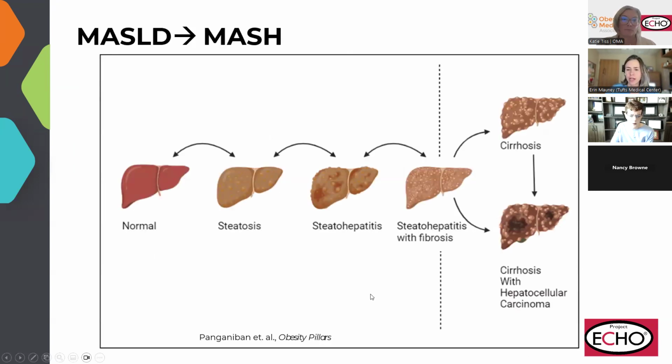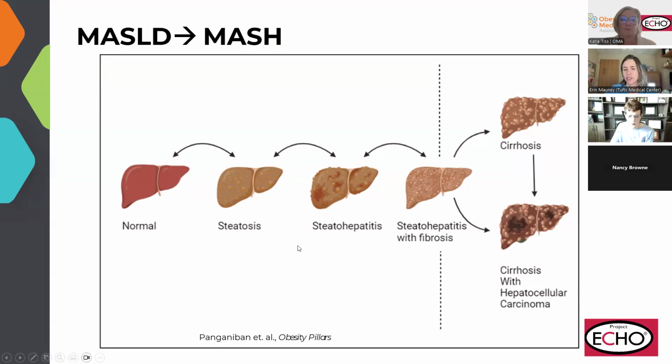This goes into a little bit more of the natural history of MASLD and how it can over time become MASH. So MASLD, again, metabolic associated steatotic liver disease, and MASH is metabolic associated steatohepatitis. So normal healthy liver here on the left, when you accumulate more than 5% of hepatocytes on a liver biopsy with lipid droplets in them, that would be termed steatosis. Of course, most patients don't get a liver biopsy to have this definition. So we have cutoffs that are now known to be associated with that level, but about 5% or more is not physiologic, and that would meet the definition for MASLD.